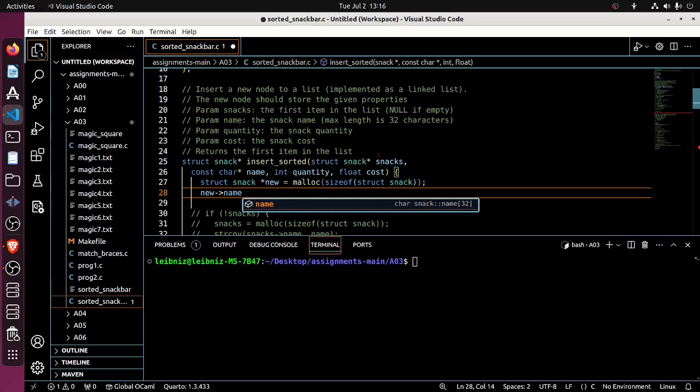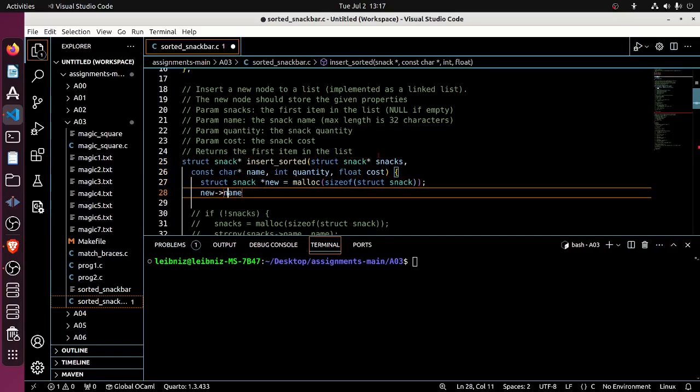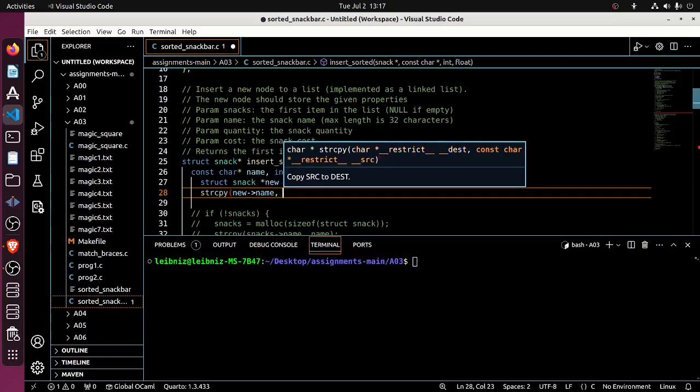I want to copy into it the input name here. So let's do that now. And for that, we'll use strcpy. That is safe in this particular case. Well, I guess it would be safe if I checked that the length of name is small enough to fit